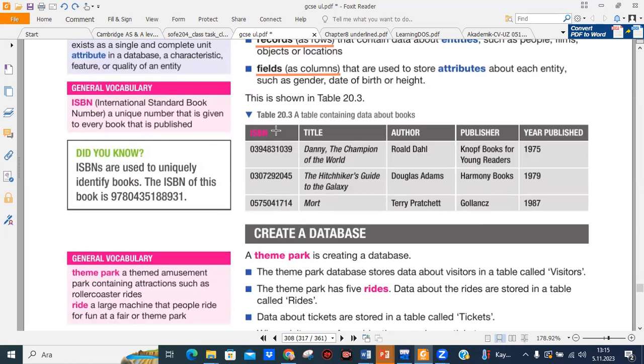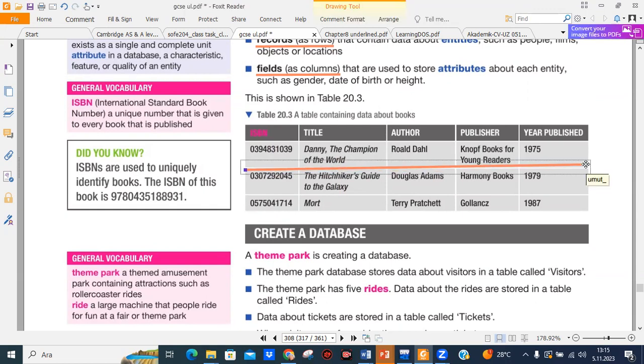Fields just hold the same type of information. So this title field holds all titles. This author field holds all authors. But this record is holding, for example, the book information,